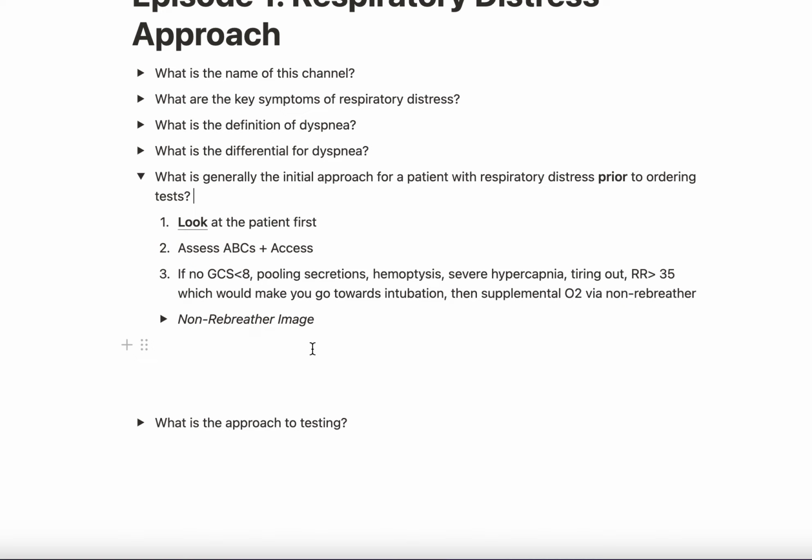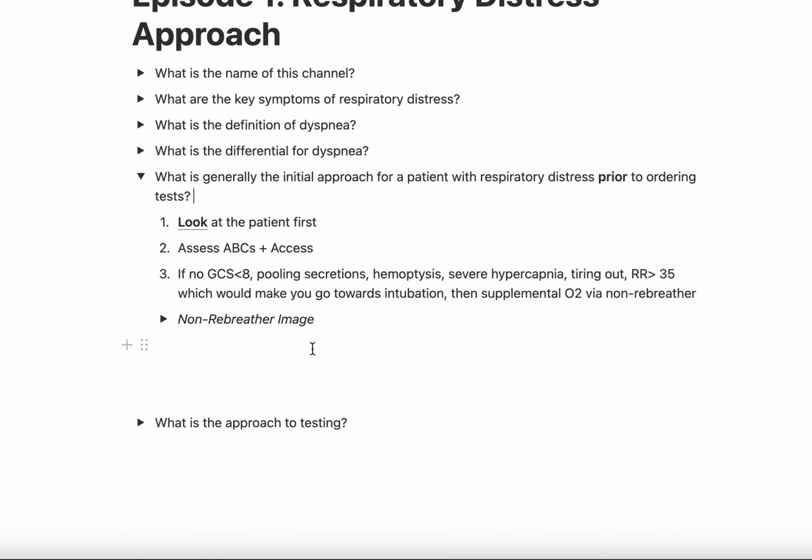So assess their ABCs, look for access if there's established access, and then think about it with, do they have a GCS less than 8? Do they have pooling secretions in their oral cavity? Do they have hemoptysis, severe hypercapnia? Are they tiring out? Are they breathing really, really fast, greater than a rate of 35? Basically, are they taking a deep breath in like every second or two? That's a great way to assess that. Or shallow breathing as well, something else to think about. These things would probably make me think about going the intubation route,